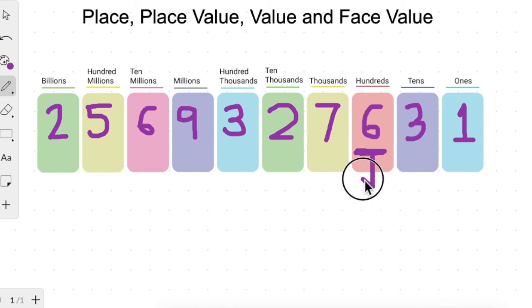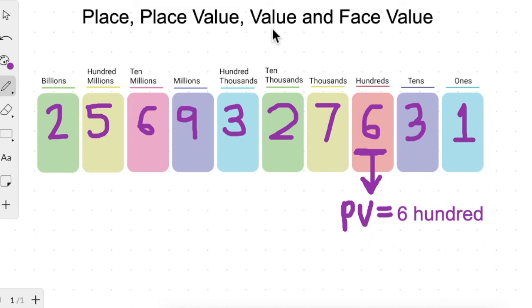I am just writing PV here for the place value. Place value of the 6 is 600. So the place value is the value of the 6, and we have to write it like the numeral first, which is there, and after that the place. So it is the place value.